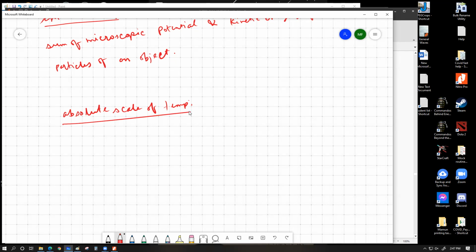The absolute scale of temperature is the Kelvin scale. The Kelvin scale actually came into existence when the scientist Charles, I don't know his full name, was doing some experiments with gases. He found that if we have different gases, or the same gas with different volumes, and we change the temperature, for example with theta in degrees Celsius on the x-axis and the volume of a certain amount of gas on the y-axis,